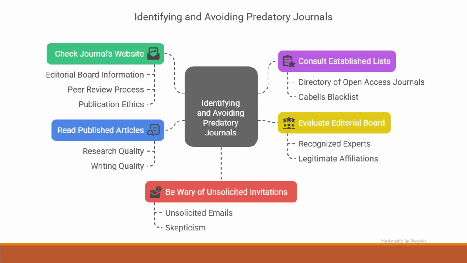There are several sites that can help you identify them, and one of them is Think, Check, Submit. If you just type that on Google, you will find a platform where, when you have a journal, you can easily check it. There are several questions that it will ask you about that journal, and you answer them. If you have a certain threshold of yes answers, then you can say this is a good journal. But if you answer no to a certain number of them, then you realize you are dealing with a predatory journal, so you need to retreat.